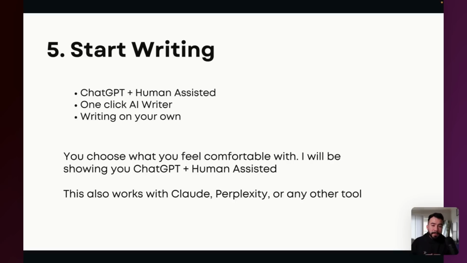You can also just use a one-click AI writing tool, which could be Surfer AI, Koala Writer, and one that I've been testing out is SEOwriting.ai. All of these tools are essentially the same. They're all wrapped around specific AI tools like ChatGPT, Gemini, Claude. I mean, it really all is wrapped with the same code. Or you can just write on your own.